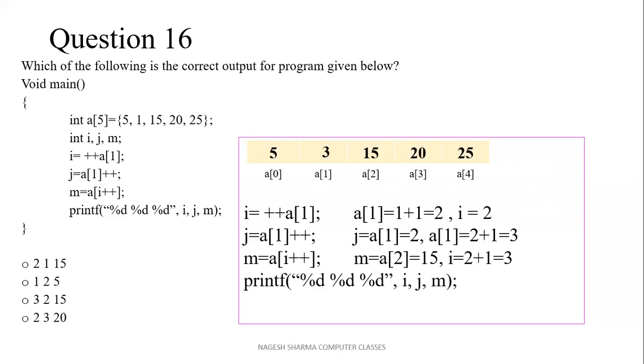So you have to display this string. So value of i is 3, value of j is 2, value of m is 15. So they will replace them, and finally these 3, 2 and 15, they will replace these %d to form the new string. Okay, so every number will be replaced by their equivalent %d. So you will get printf 3 2 15. So correct answer will be 3 2 15, because this printf will send this string to the output screen.